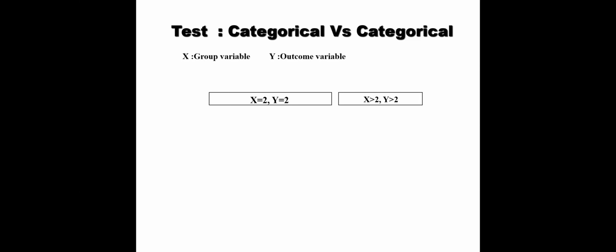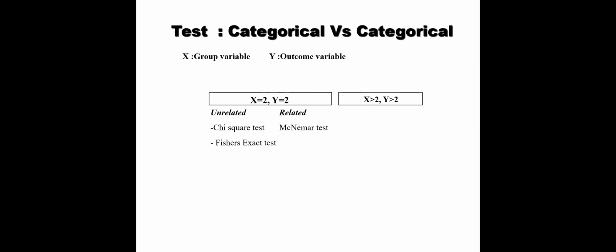Exposure has two categories, whether it is an obese or non-obese woman, and the outcome is infertile or not infertile. So the exposure categories are two and the outcome categories are two. In this case, we apply the chi-square test or